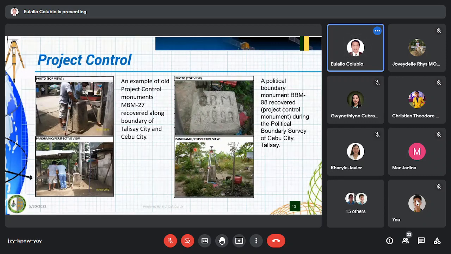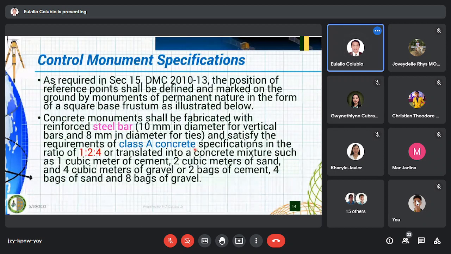Right? So for the control monuments, monument specifications, it is stated in Section 15 of DMC 2010-30. So the position of reference points shall be defined and marked on the ground by monuments of permanent nature in the form of a square base frustum as illustrated. So may figure ako ipakita later on, no? Medyo dili uniform ang iyang lapad, no? Mas lapad gamay sa ubos kaysa sa ibabaw. It's a frustum type of